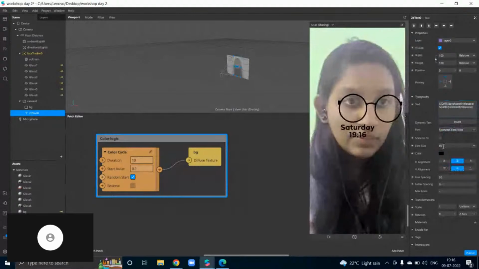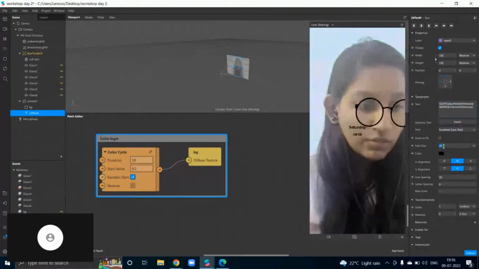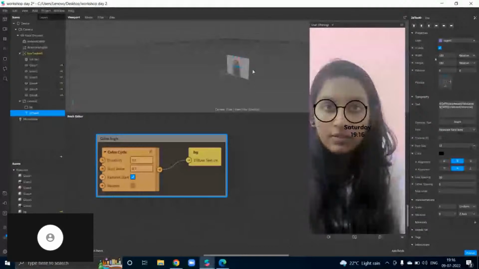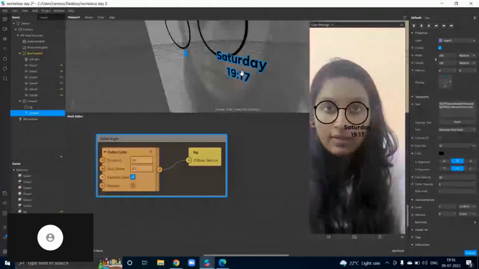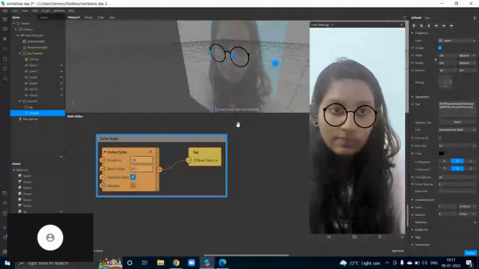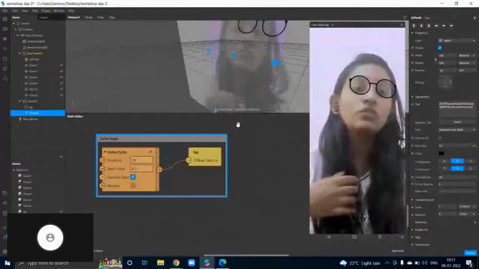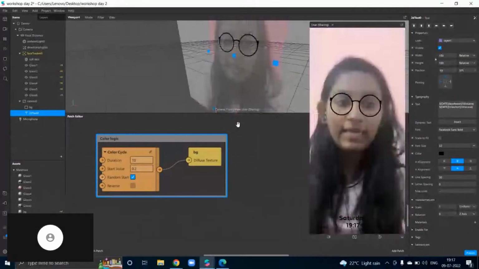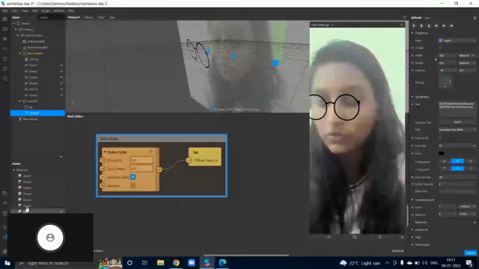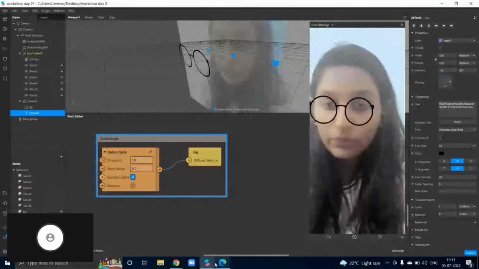And you can decrease the size also if you want, and then you can even drag it downwards. So like this, if you want to add it over here, you can. Otherwise this is okay. Now the next thing that we are going to look at is, see, there are different patches